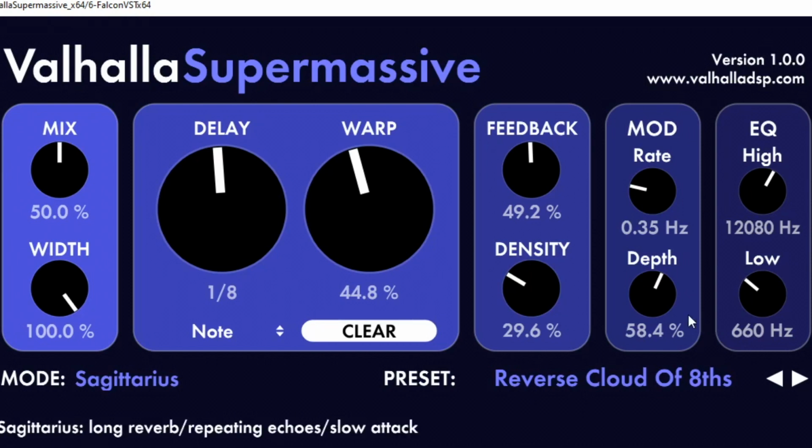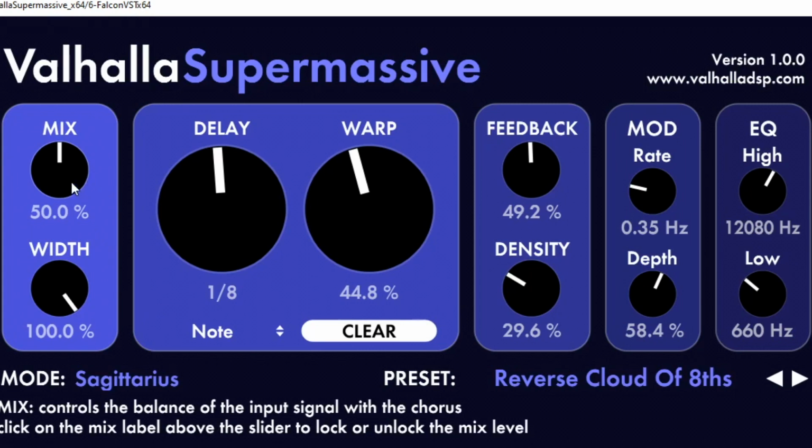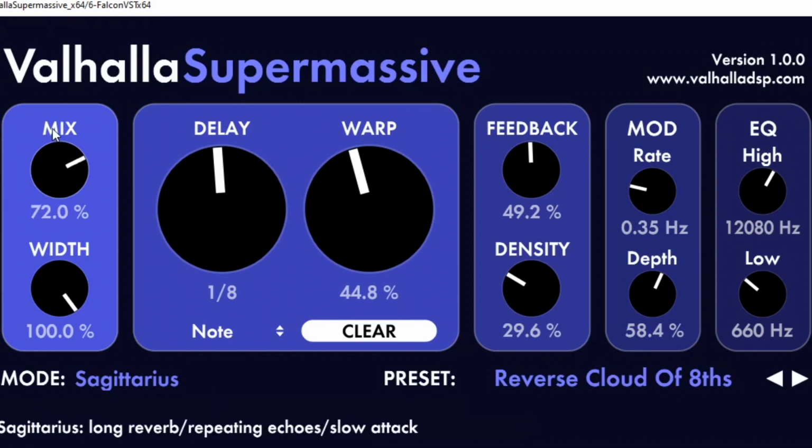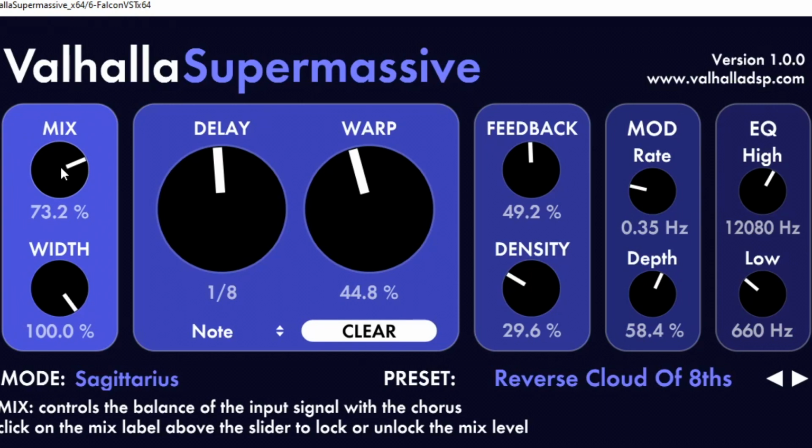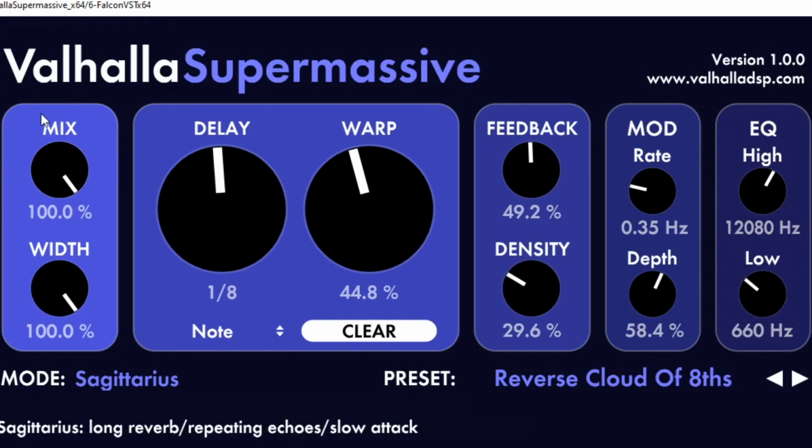So what I want to go ahead and do is explain how this works so that you can understand it. And it's actually pretty easy to understand. One thing you could do is when you highlight over a parameter, you get some information that tells you what that parameter does. So you can see on mix, it says control the balance of the input signal with the chorus. Click on the mix label above the slider to lock and unlock the mix level. One thing I do want to do right here is adjust it now. If you are using the delay, you want to be careful of how you use it, because if I was to play it now